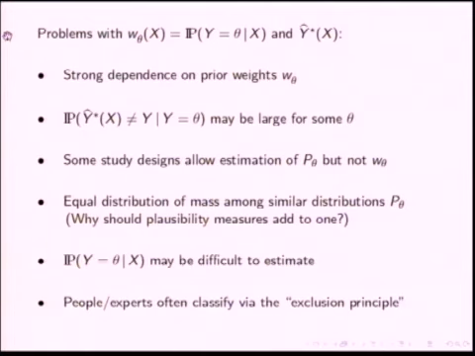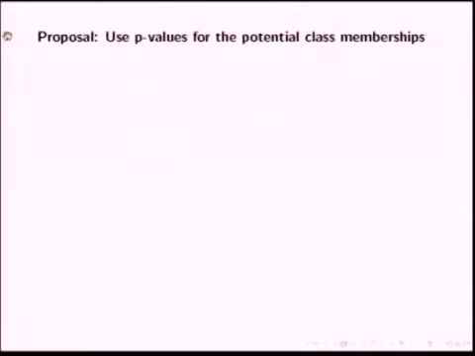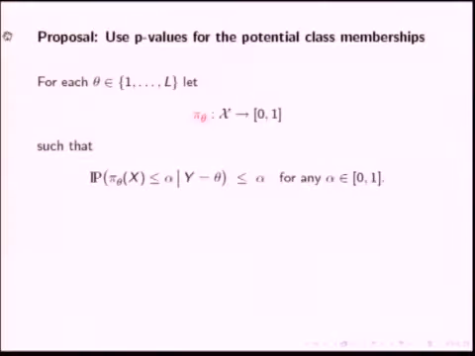If I have more than 2 possible answers, and I don't have a clear idea, then I try to exclude some possibilities which are least plausible. And I think it would be interesting to use the same reasoning in classification. So my proposal, and I'm not sure, maybe other people used this before, is to use p-values for the potential class memberships. And that means for each potential class theta,